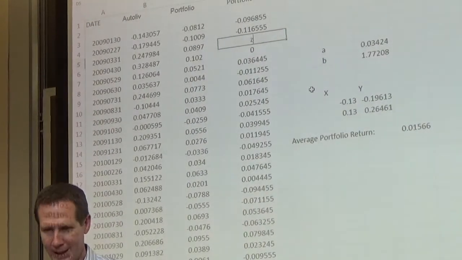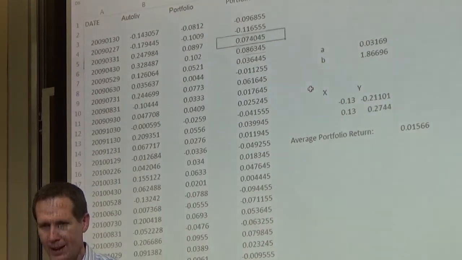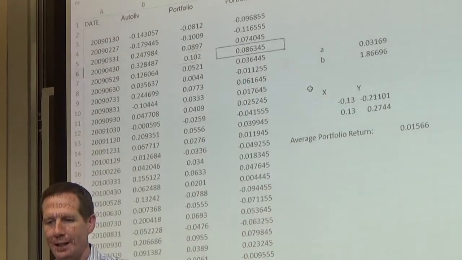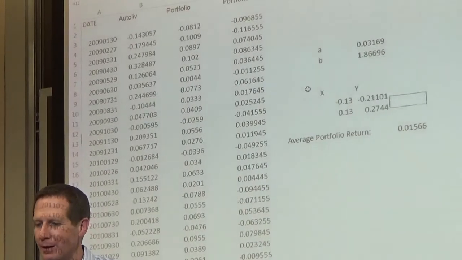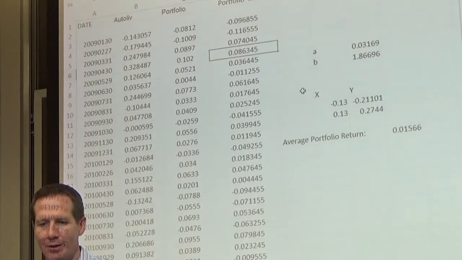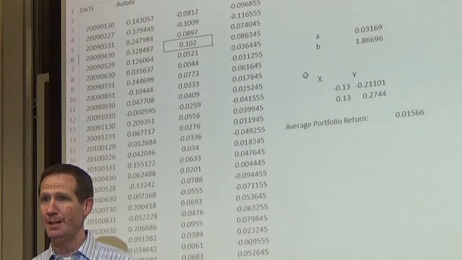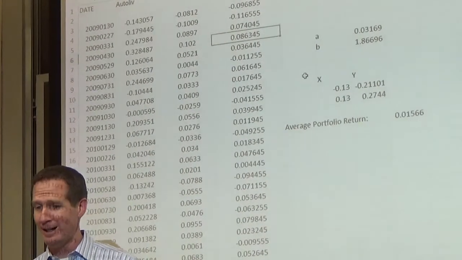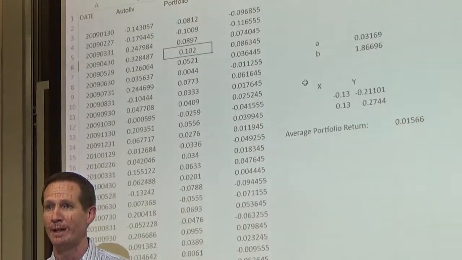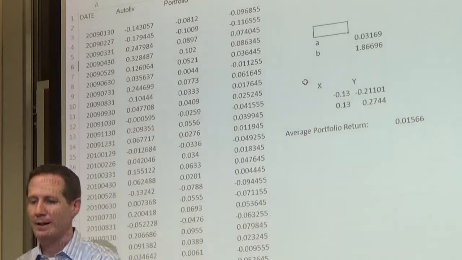So for example, in April of 2009, I generally expect the portfolio to return about 1.6% per month. But in April of 2009, actually I had 10.2% return. There was something unanticipated, and I got an extra 8% above what I was expecting for the portfolio. So I do that. Now in cell